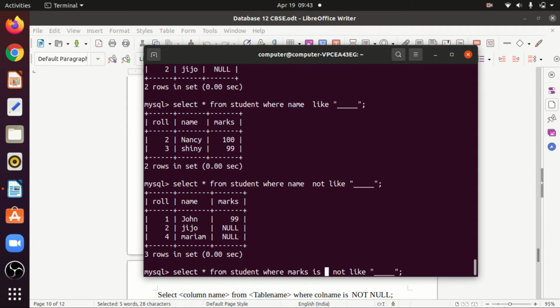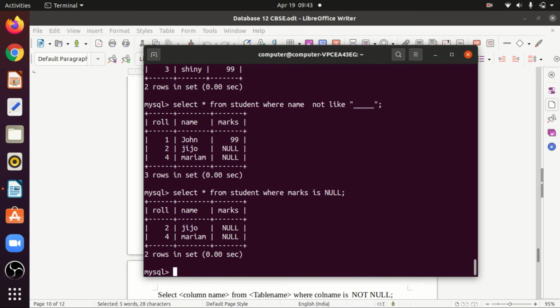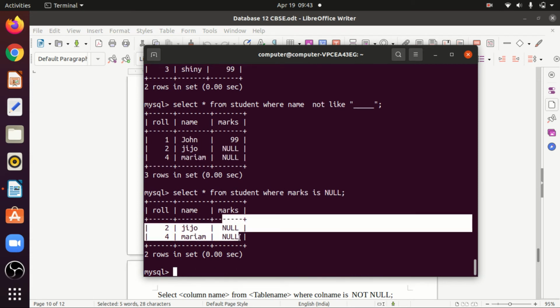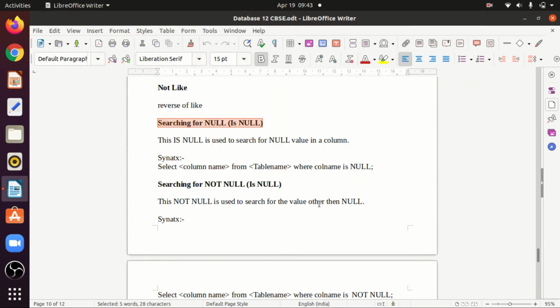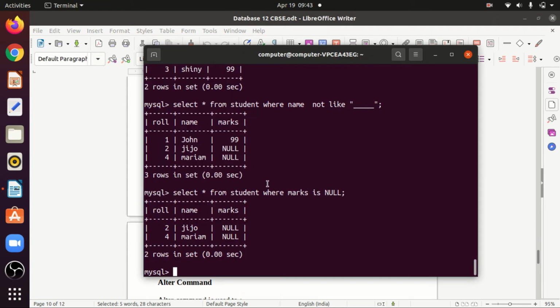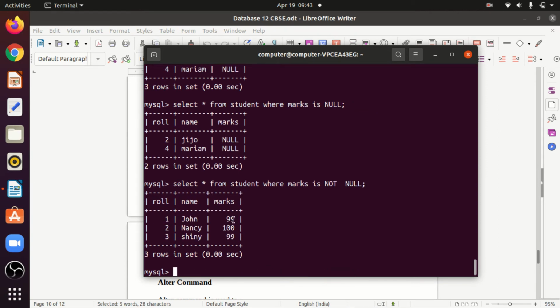Marks is null, so you can find all those marks which are null. See, all those records with null marks are printed. And not null is totally the reverse of this. If I use not null, all those records whose marks are not null will be printed.